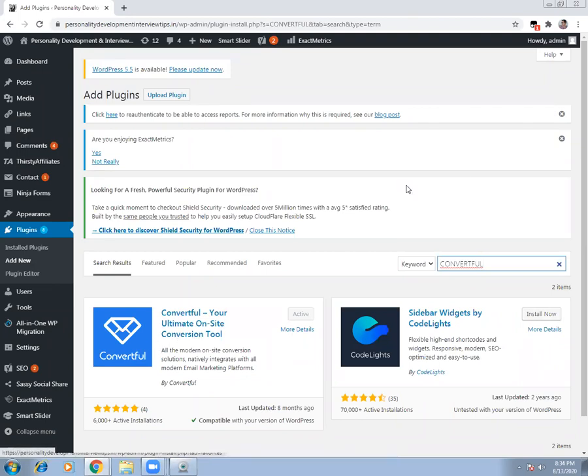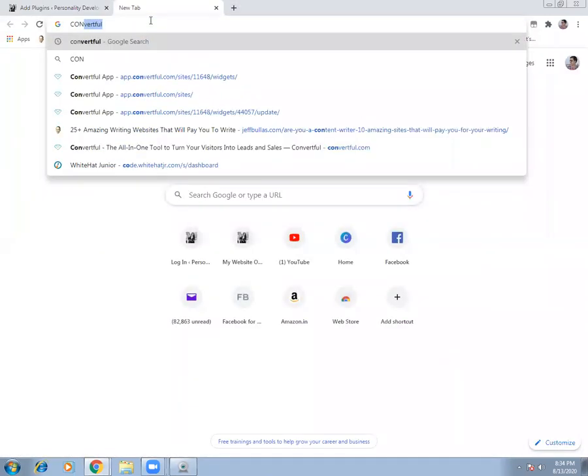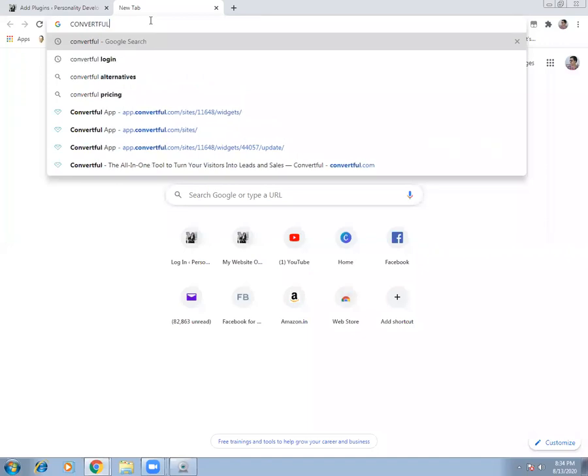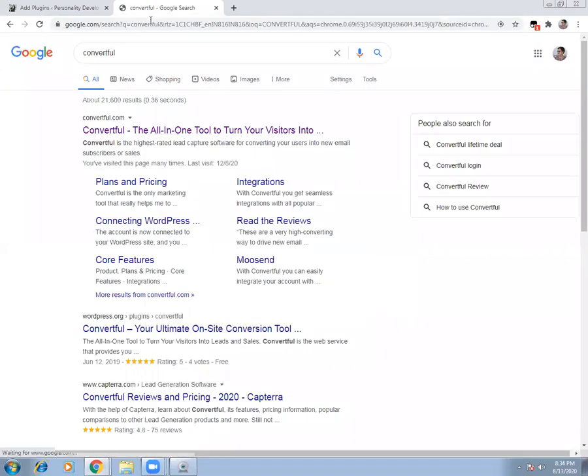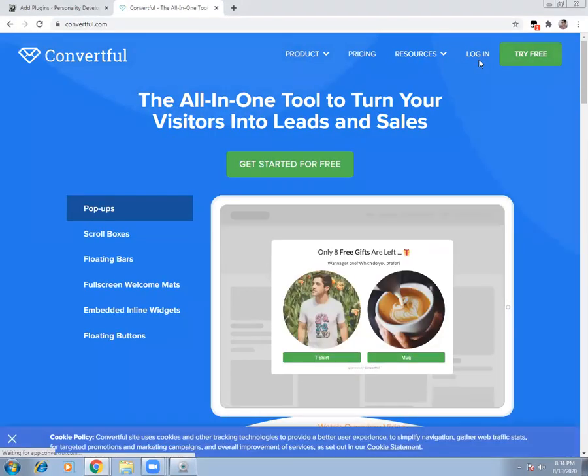Just like how you log into Yahoo or Google, you have to log into a website called Convertful.com. Here you can say try free, or you can simply log in.